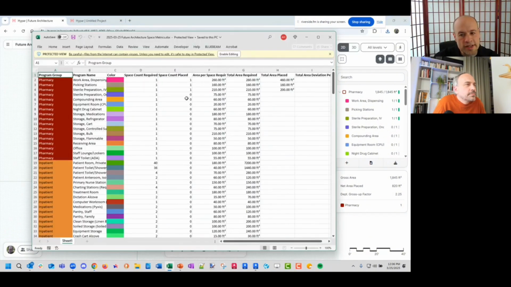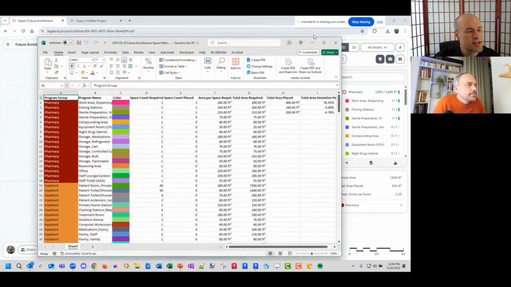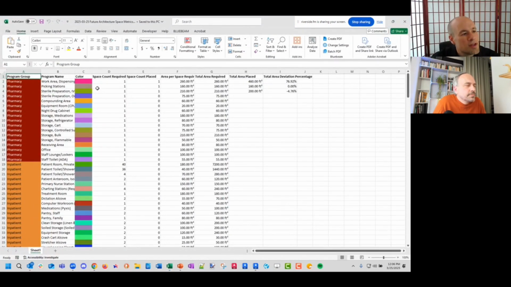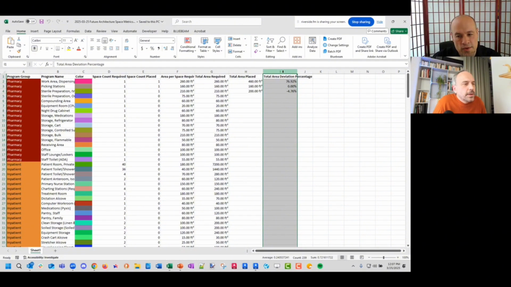And so what we do is report here. And here, let's enable editing so we get the deviation too. So this is the original stuff required, right? This tells I only placed 3 spaces. And what were the spaces placed? What's my total area? How much am I deviating from what the program said? And we just heard from a lot of designers, this is what the administrators want to see.